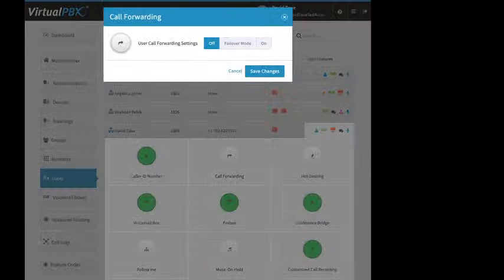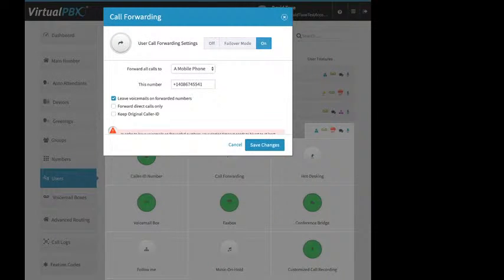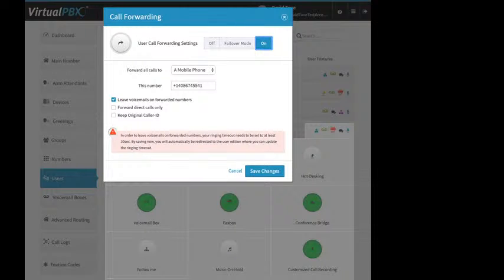Call forwarding, right? Off, on, or failover mode. Off means it's not on, not working. On means I'm forwarding calls. Now, this feature, you can set up for your users, but your users can also set up themselves via the user portal or from their VoIP phones. There's a feature code that they can use. But again, you select mobile or landline, you put +1 area code and phone number, save changes. So now when calls come to this user, they're going to be sent to this 408 number instead of, say,